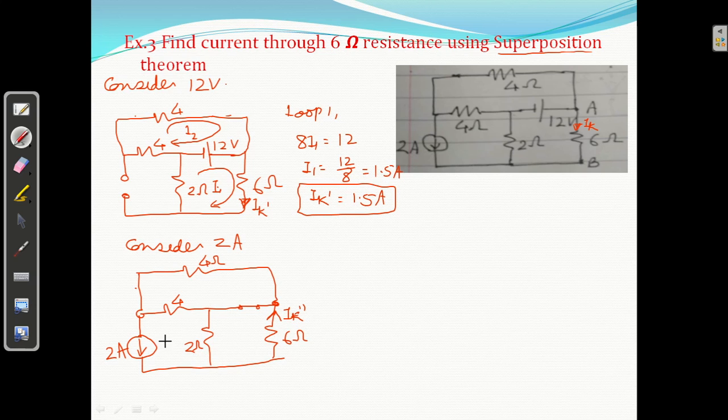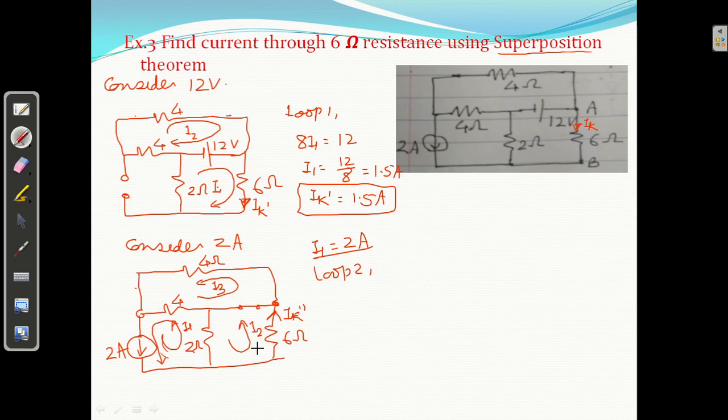So how many loops are there? We have 2 loops. Loop 1, I am taking current I1 like that. I am taking loop 2, I2. I am taking loop 3, I3. Okay, so I am taking in this direction I1, I2, I3, anti-clockwise ले रहा है. So I1 is equal to what? I1 equal to 2 ampere. देखो, I told you already we can't write the KVL in the loop which is having current source. So ये current source का value हमने ऐसा लिया है, ऐसे डाउनवर्ड लिया और डाउनवर्ड है. So I1 equal to 2 ampere.